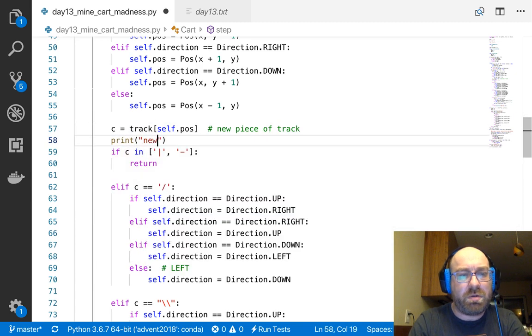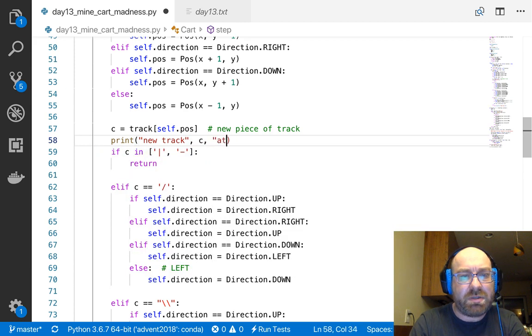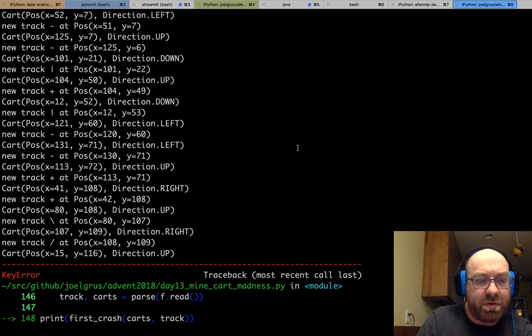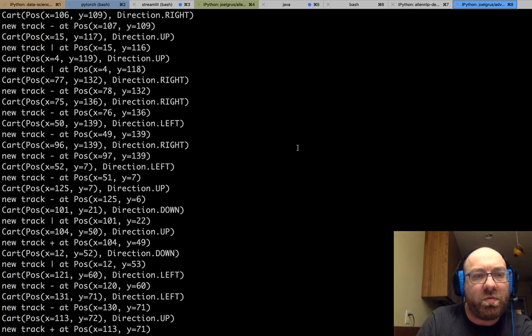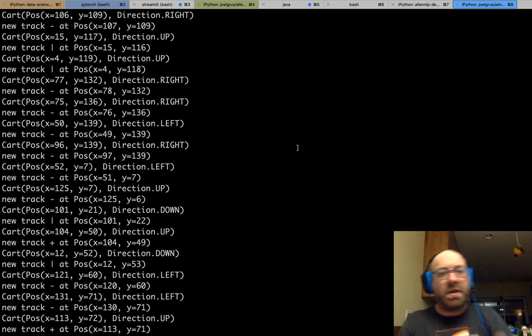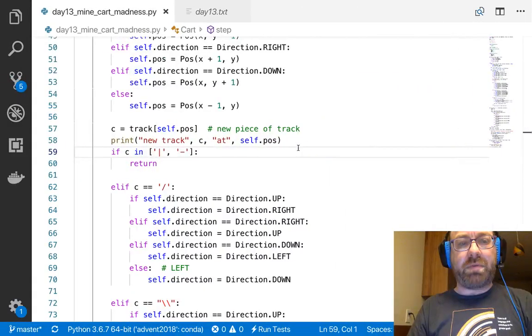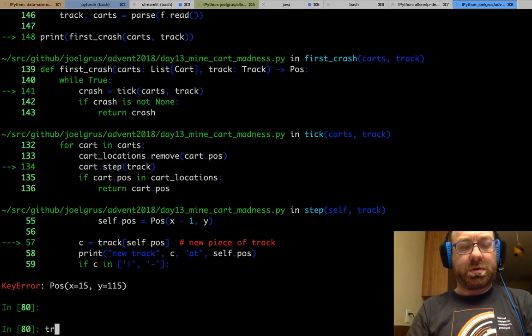Print new track, comma C at self.pause. So let me run it again and see what happens. So this x equals 15, y equals 116, y 17, new track pipe at x 15, y equals 116. So why is that? That seems like I'm not reading the track correctly, because let's